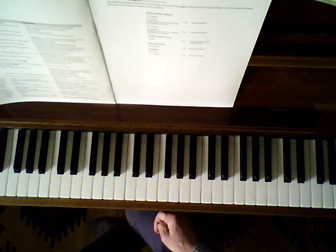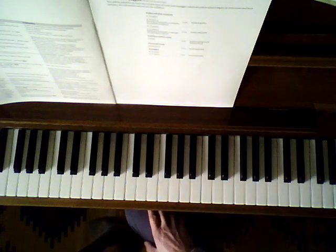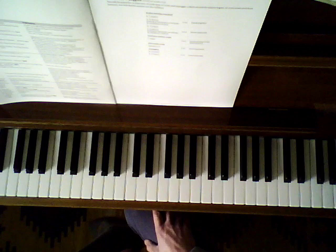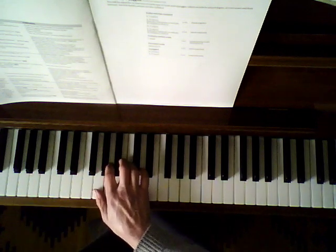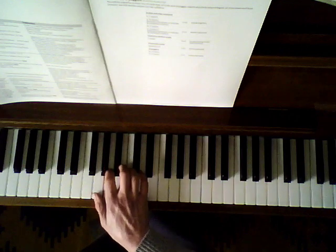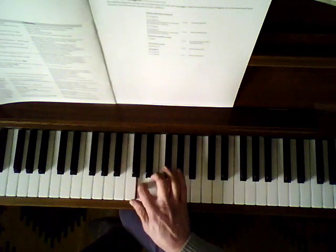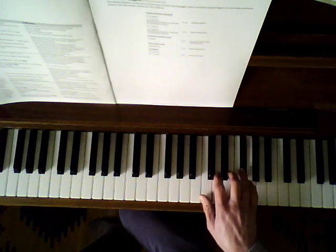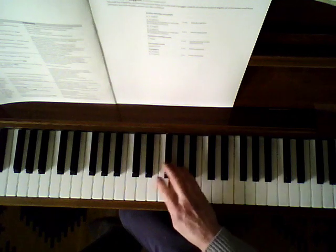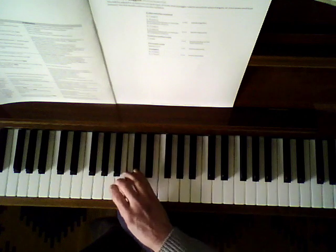I think you know that. So the key signature has 1 sharp, and if there's 1 sharp it's always F sharp. So it's this, and the fingering is standard in the right hand: 1 2 3 1 2 3 4 1 2 3 1 2 3 4 5 4 3 2 1 3 2 1 4 3 2 1 3 2